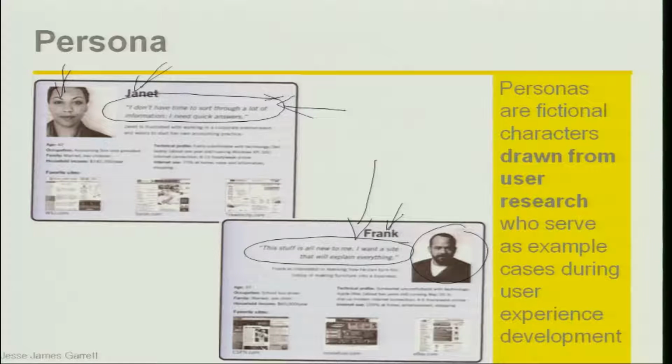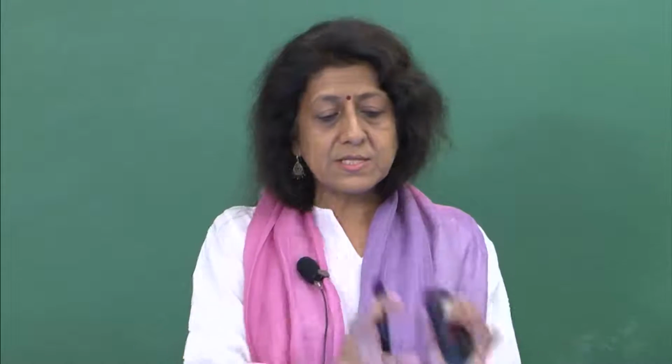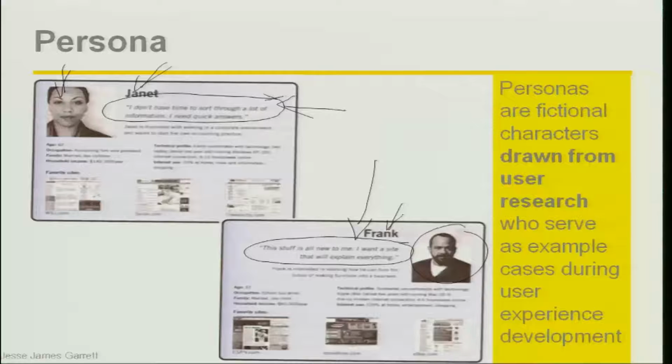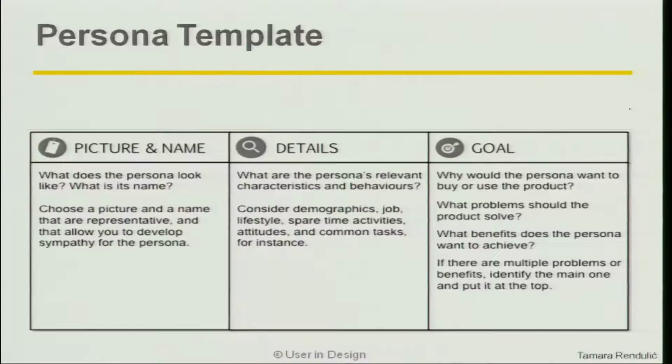Even though Janet is not a real person, she has become a real person for us. In the process, as I described to you her context, and as I described Frank's context, you not only understood that this is a person you can connect with as a user of your service, but you also are able to understand the difference between their requirements. Okay? So this is what a persona is, and remember again, they are fictional characters.